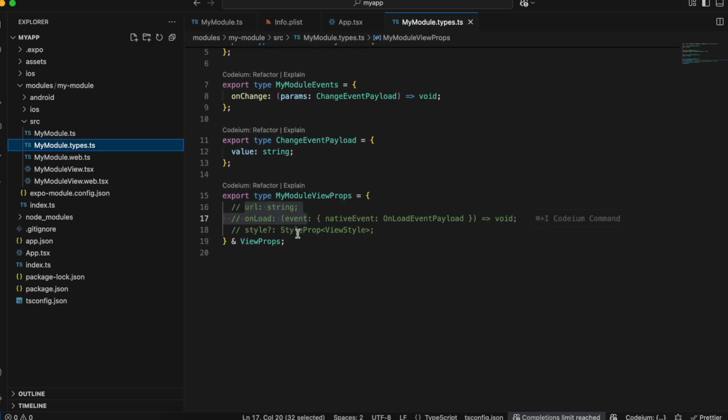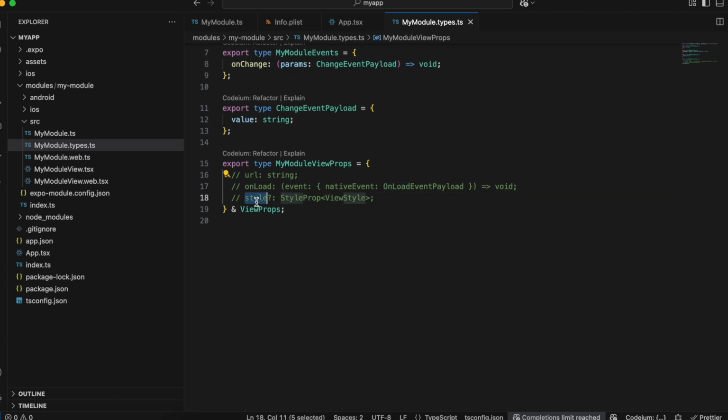Now here inside this my module view props, I have commented this default code which is present. Basically, your custom view accepts a URL as a prop? In our case it doesn't, so I have commented this out. Whether you want to notify it once the view has been loaded, in our case I don't want to. And regarding the style, I was facing a lot of issues with this particular type, so I just commented this out